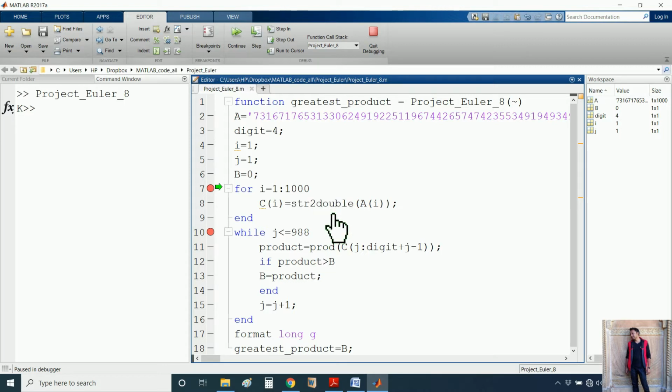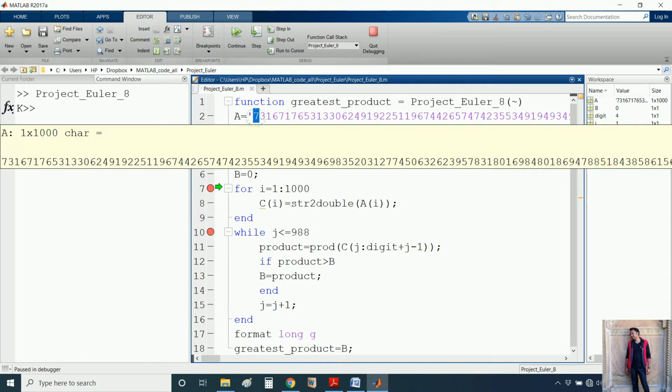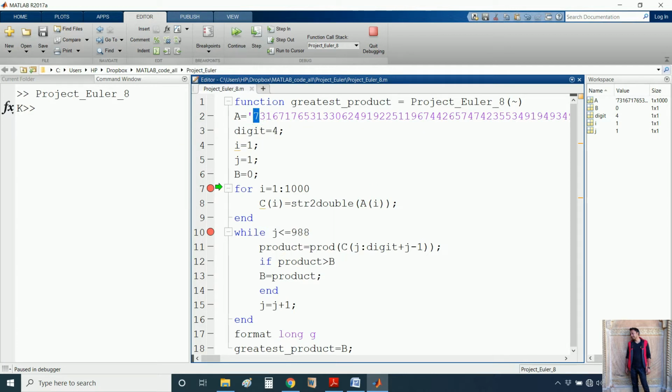In this part, I am converting the first element of the vector A into a number. I is equal to 1, C1 equals A1, A1 is 7, so it will convert this character into a number. Okay, I will click this step. I is equal to 1 and C1 is 7.